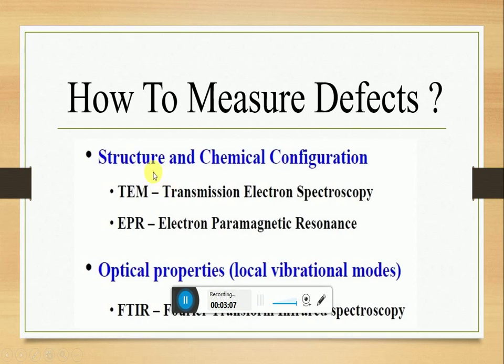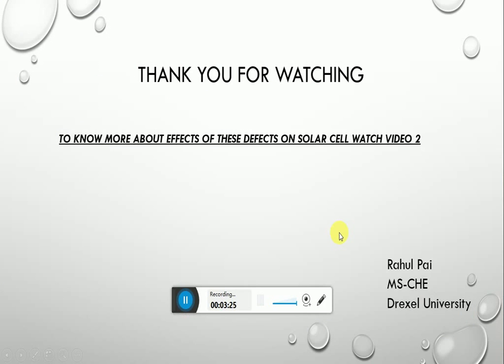So how can we measure defects? Structural and chemical configuration can be measured using transmission electron spectroscopy or EPR, electron paramagnetic resonance. The optical properties, local vibrational modes, can be studied using FTIR, Fourier transform infrared spectroscopy. So to know more about the defects in